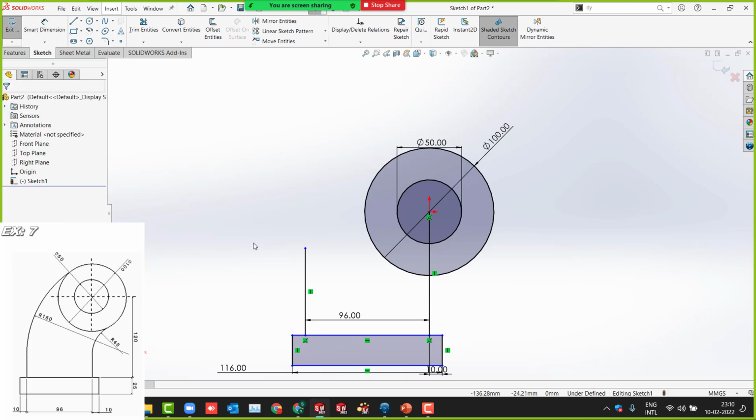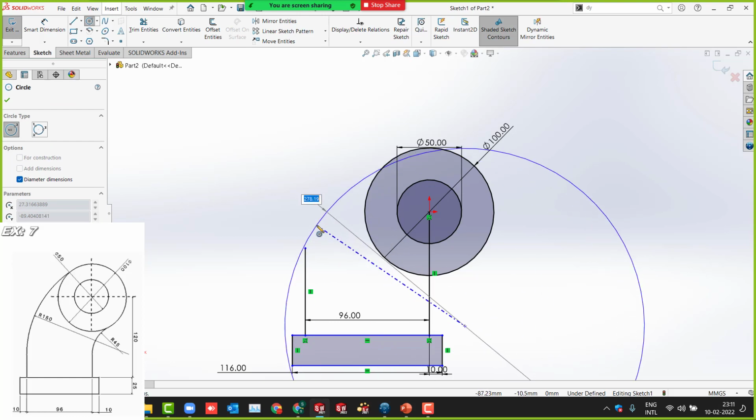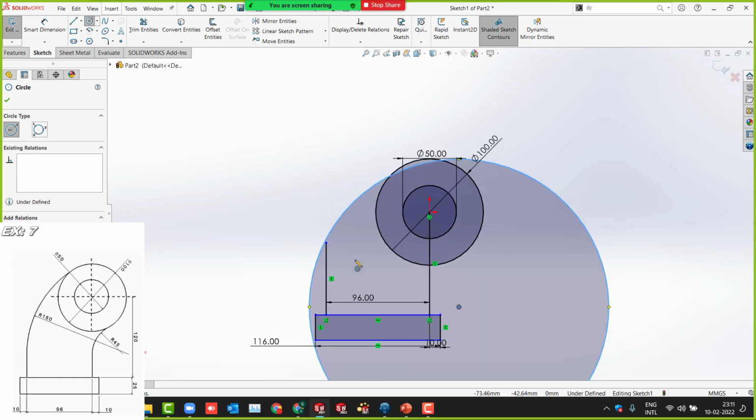Now, what you can do is, you draw a circle. Draw a circle from here like this. And then you draw one more circle here.